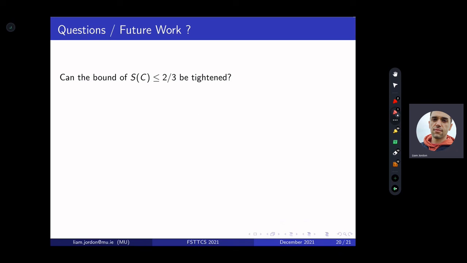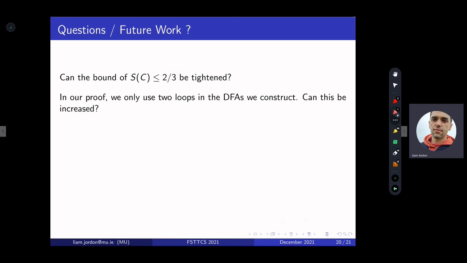So I guess then some future questions. Can this bound be tightened? We make no claims in the paper saying that this bound is tight. One way it might be improved upon is, for example, when n is even but not a power of 2, we assume it's equal to 2 times p, where p is odd. And then in later calculations, we also assume that n plus 2 is also of the form 2 times q, where q is odd. But this obviously cannot be true, because one of these has to be a multiple of 4. So maybe taking this into account in the calculations, this number here can be improved upon. So that's maybe one potential path.